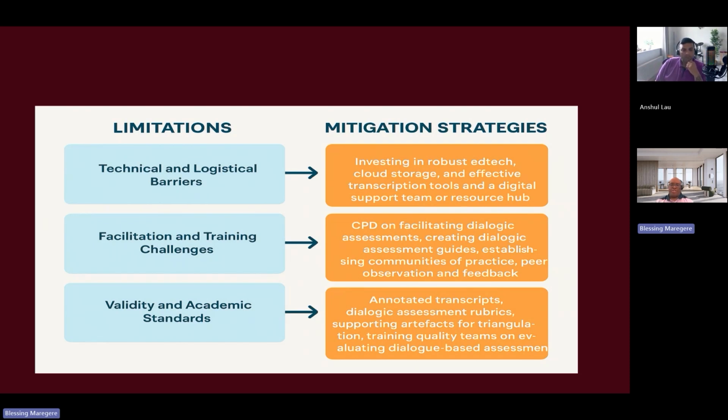once the recording was done, they needed to upload it onto an e-portfolio system. We used OneFile or My Knowledge Map. And the issue is those systems could not save big recording files. So to resolve that, we had to encourage apprentices to download a transcript and then upload that as their evidence, but still keep the recording as well.